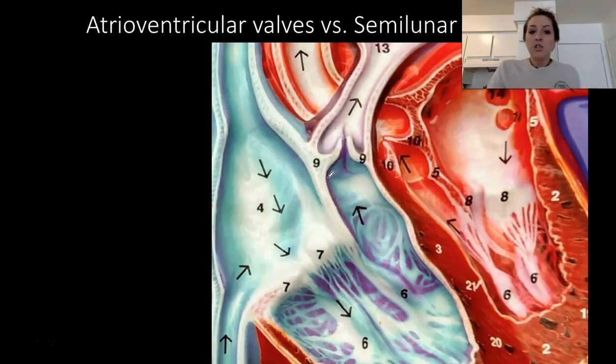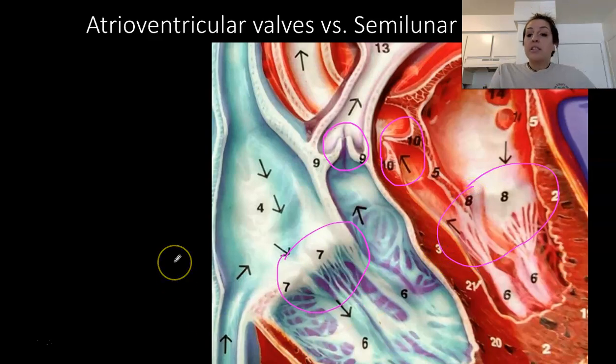Okay, so let's talk a little bit about the atrioventricular valves and the semilunar valves. So there is a big difference between them. This is the pulmonary semilunar valve, and this is the aortic semilunar valve. This is your right atrioventricular valve, and this is your left atrioventricular valve. The big difference between them are these little stringy things that are attached to the tricuspid and the bicuspid valves. And there is a muscle that these little stringy things are attached to. These semilunar valves do not have any of those little strings, and they don't have a muscle that they're attached